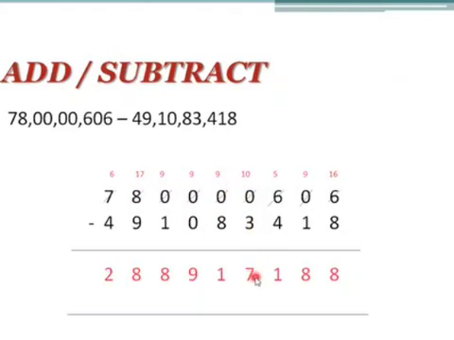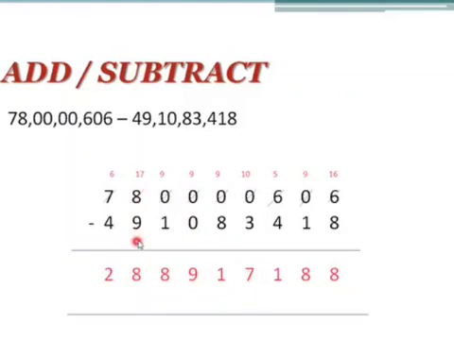10 minus 3 gives us 7. 9 minus 8 is 1. 9 minus 0. Now here 9 minus 0. Why? Because here 9 is a big number and 0 is a small number, so we can subtract here 9 minus 0. If you subtract 0 from any number, you will get the same number itself. So 9. So 9 minus 1 gives us 8.